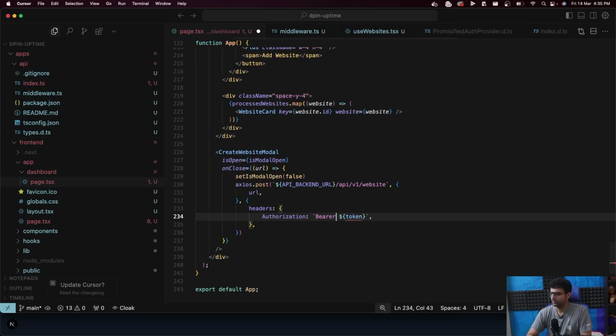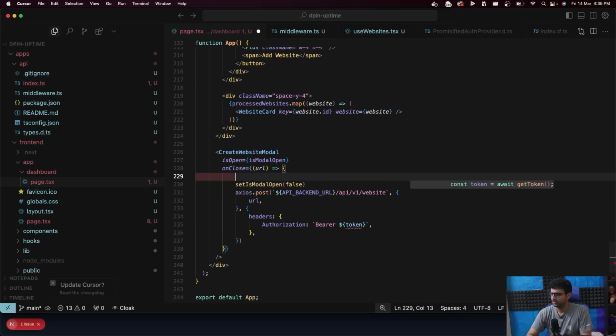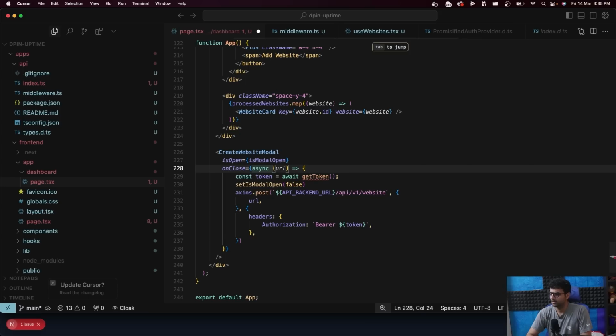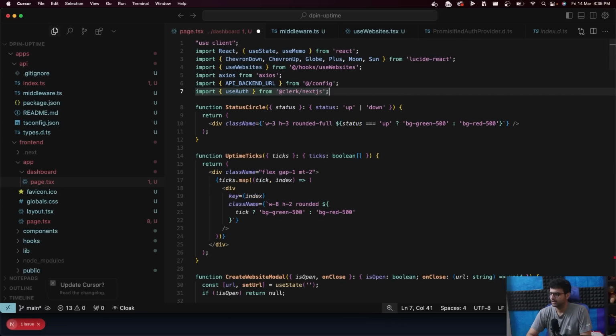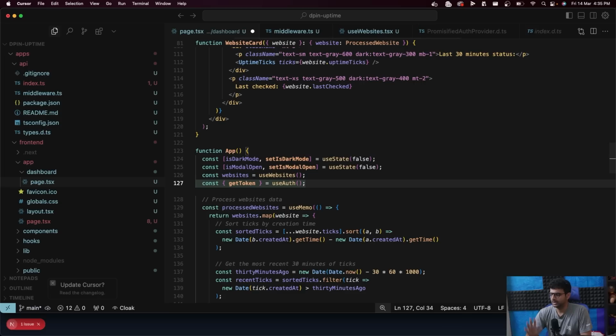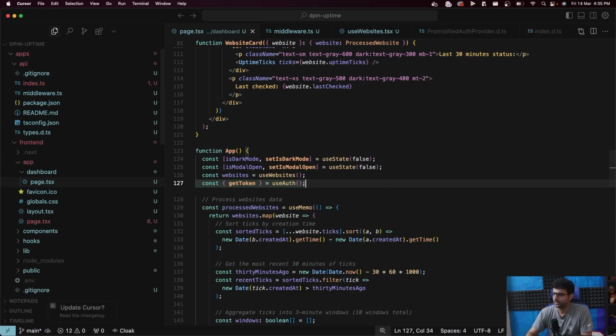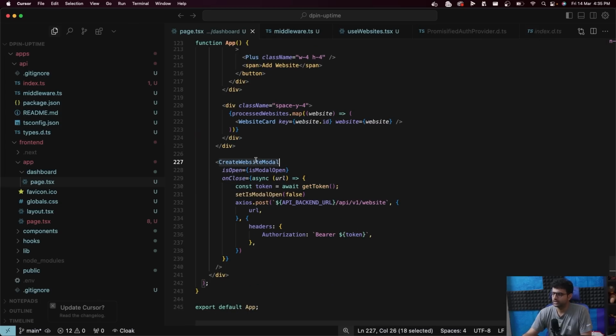So const token is getToken, async, useAuth. Love this tabbing thingy. Yeah, it takes me to the right places. Beautiful. getToken comes as an import over here, and whenever in the website modal I click on the submit button, onClose gets called, which gets the token of the user, closes the modal, and sends a backend request